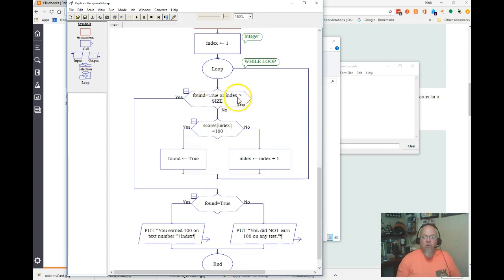If found is equal to true, or index is greater than size, we're going to drop out of that loop. If it's not, we're going to come in and say if score index is equal to 100. If it is, we're going to set found equals true, else we're going to set index equal to index plus 1. I'm going to keep going through that loop until one of these becomes true, and then we come down here. If found equals true, we're going to say you earned 100 on your test